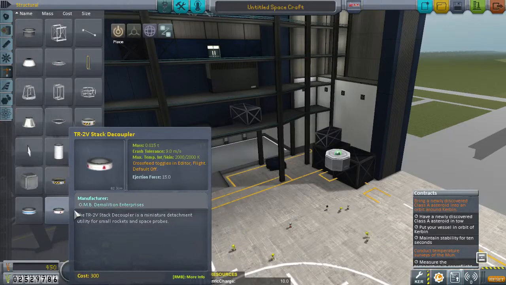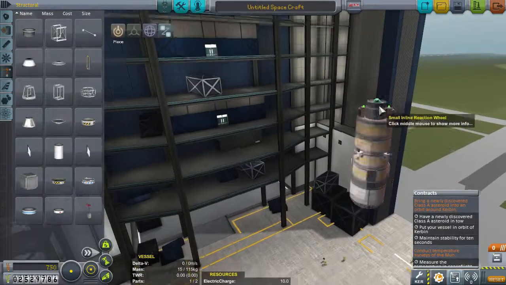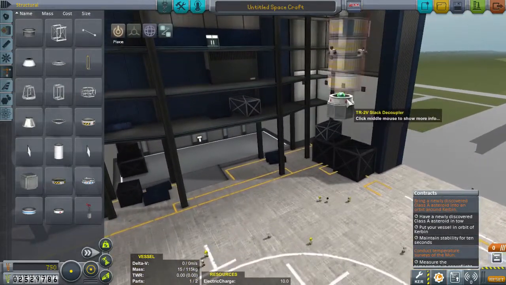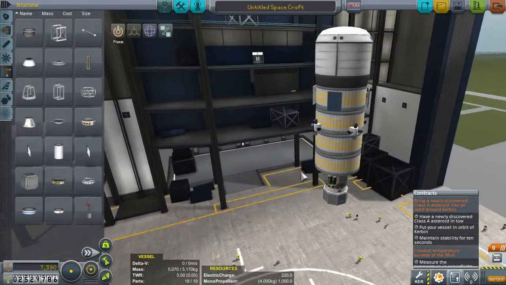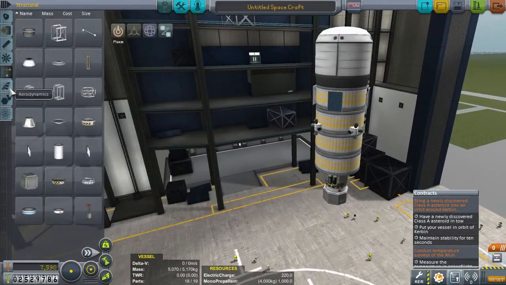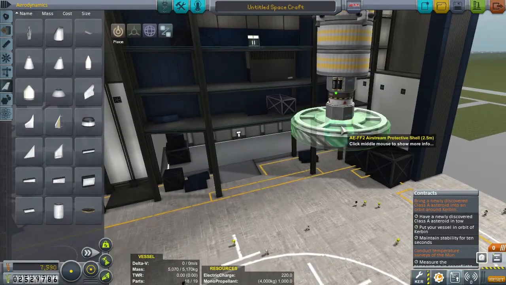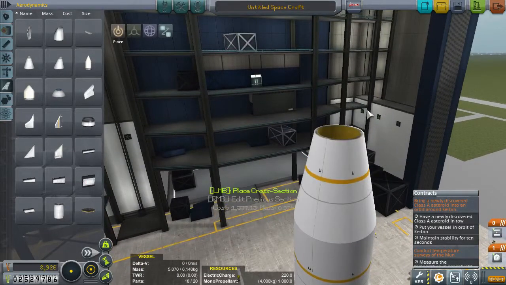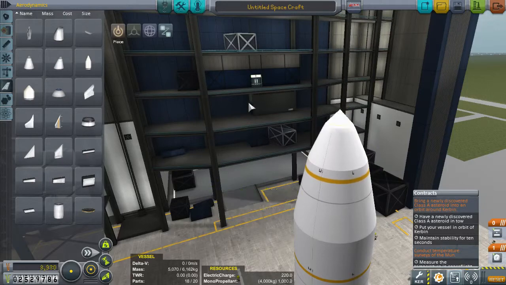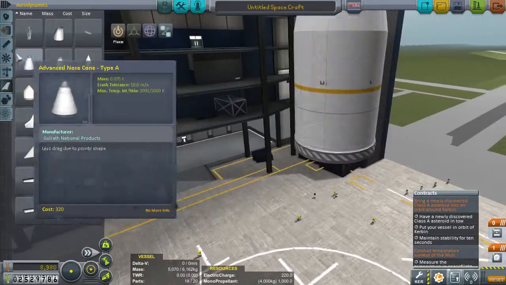Structure. I want a stack decoupler so I can stick one of these guys on it. Flip it over. Right, that's a little reaction wheel there. Okay, I'm going to stick this whole thing in a fairing. So let's go with a big fairing. Still getting the hang of these fairings. Kind of zip it up. There we go. I think that's fine in there, although maybe...